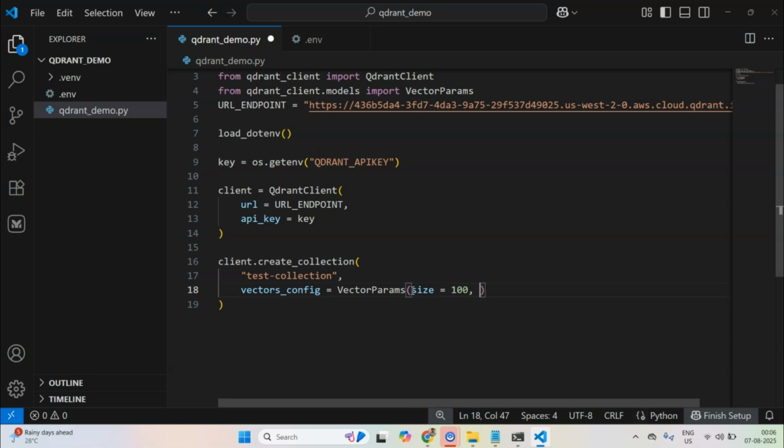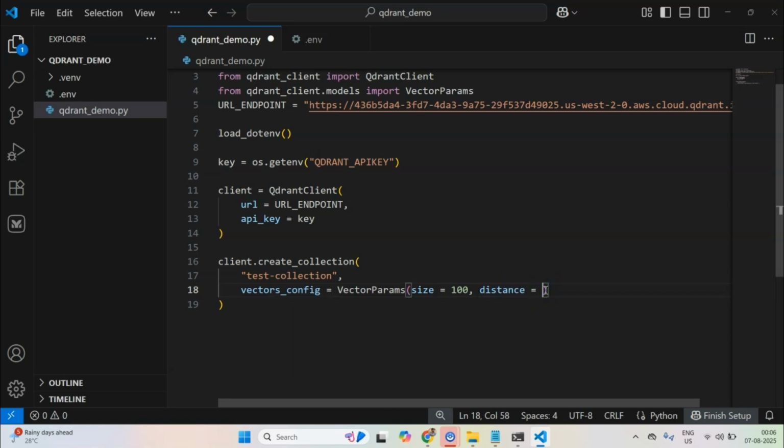Then you need to pass a distance function, which means that once you have inserted some vectors or points within the database, this decides how two different points or vectors should be compared, and that's where distance comes in.